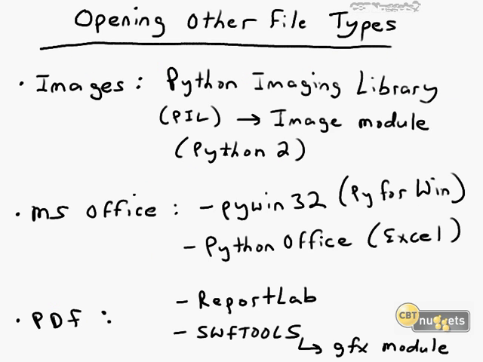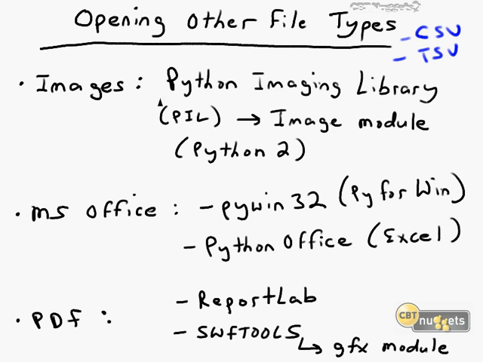Our last subject in this nugget is how do we open other file types? The ASCII or Unicode text files is all well and good. That's wonderful, very useful, especially in server administration, because you and I both know, I'm sure, that any log file worth its salt is in some kind of plain text format. It could be in a separated value format like CSV or TSV, comma separated value, tab separated value. And what we've learned thus far with the open function will work all day long for those file types.